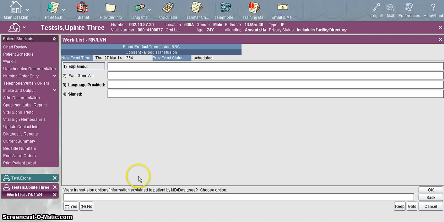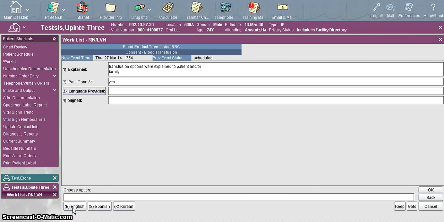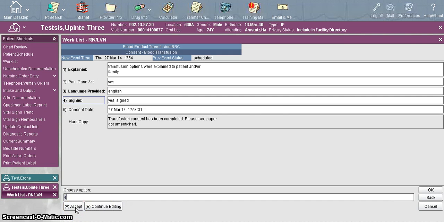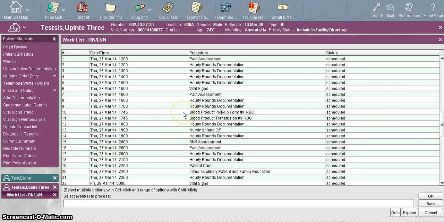As you can see, go ahead and answer the following questions. We'll do yes, yes, English, yes. Go ahead and accept that. And that's being filed. Once that is done, we're going to go ahead and wait for the lab. We're going to see if they get the blood and the type and cross. Once we know the type and cross is done and the blood is ready to pick up, we'll go straight